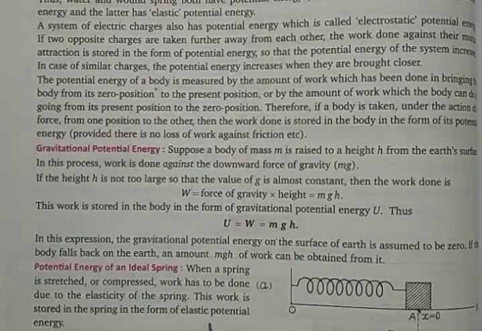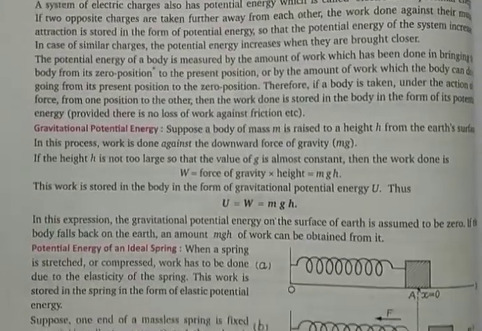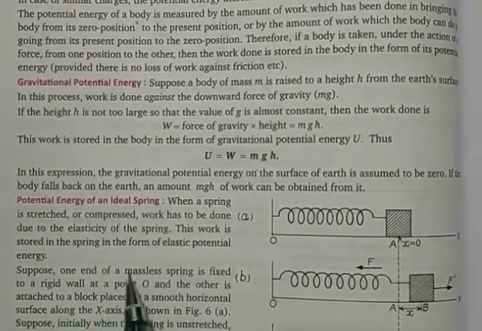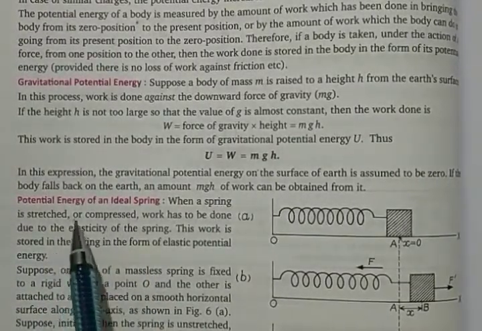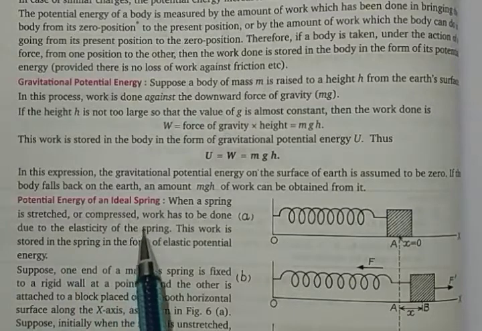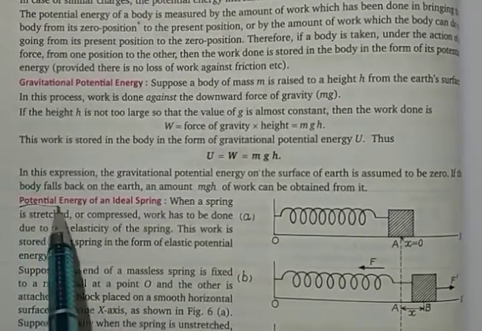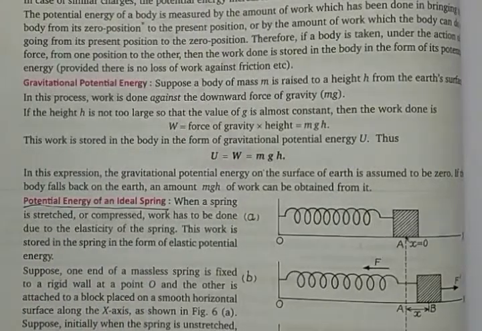Now we're going to do the main part. The next potential energy is potential energy in an ideal spring. Write down this topic: potential energy in a spring. So that is the topic. Even if you don't write "ideal" also it's fine. Potential energy of a spring. I was giving an example of a spring already, so we'll try to do this one.